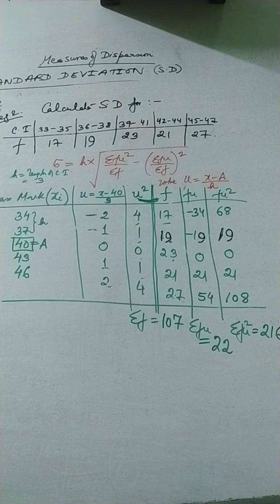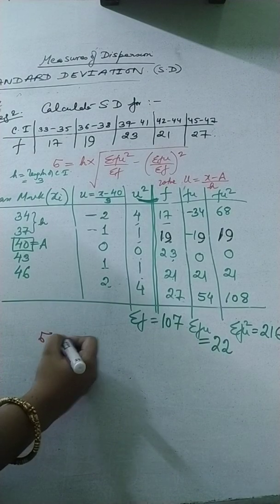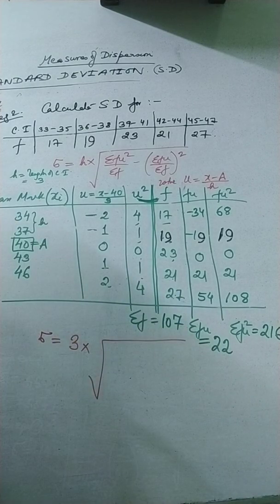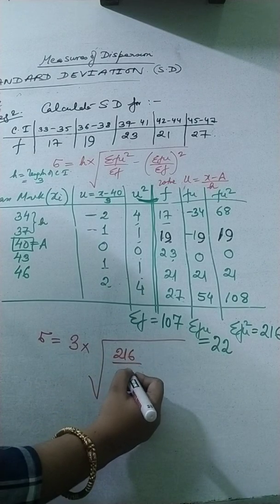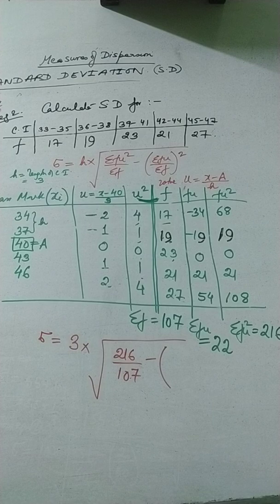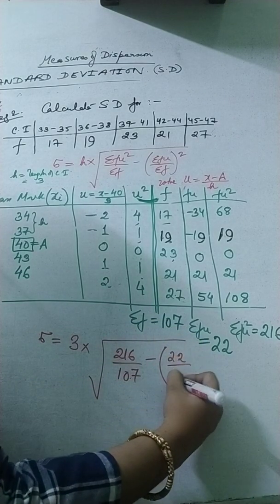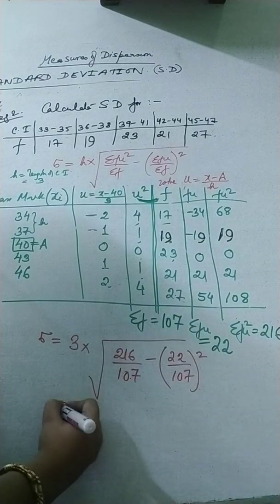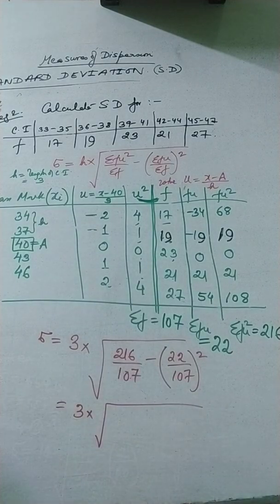Okay, so 216. So now let us substitute in the formula. How much is sigma therefore? Sigma is equal to h. H is your 3 into root over summation fu squared 216 by summation f. Summation f is 107 minus summation fu by summation f. That means it's 22 by 107 whole square. So that gives us 3 into root over 216 by 107. How much do you get? Something around